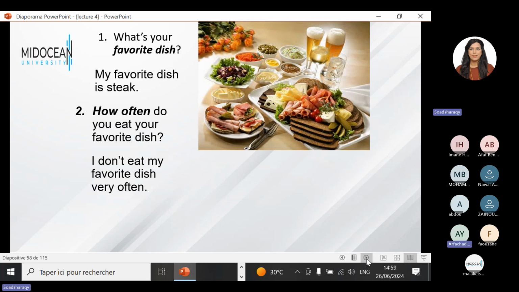Okay, so here in Tunisia, here in my country, people always eat the Tunisian couscous, okay, on Sundays or Saturdays at the weekend, okay. We usually eat couscous, okay. Yeah. So I eat my favorite dish once a week or at weekends. Okay,